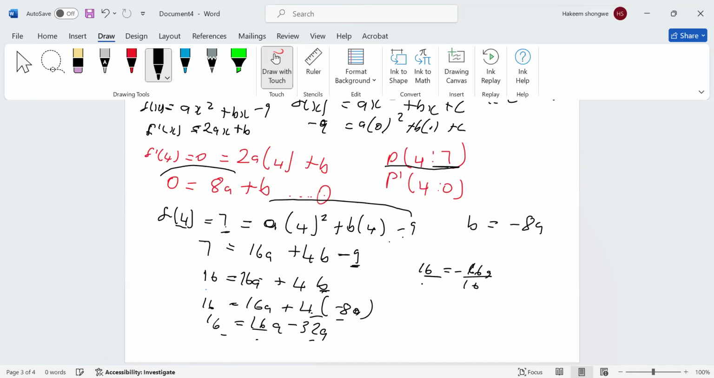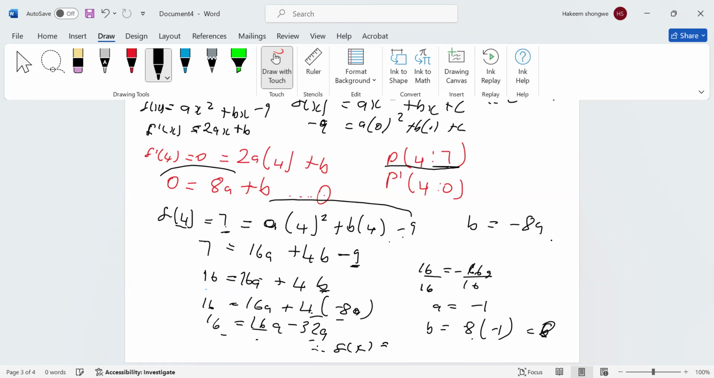Divide by minus 16, divide by minus 16. a is going to be minus 1. Okay? So then to find b, with a being minus 1, I substitute into this equation for b. So b is equal to 8 multiplied by minus 1, which gives us b is equal to 18. Yes. Therefore, the equation says f of x